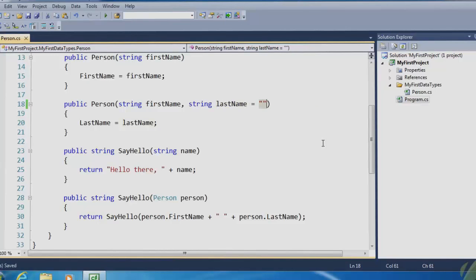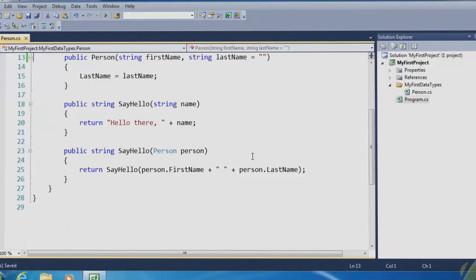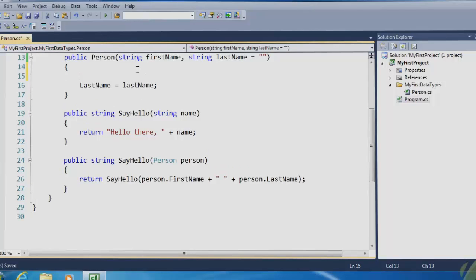value. There we go. So now we can get rid of our overload, our person constructor with only a first name, because now last name is optional. So if we wanted to, we could call this constructor with just a first name, and then the last name would have a default of an empty string, or we could call this constructor with a first name and last